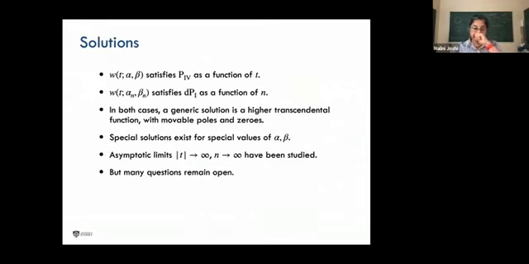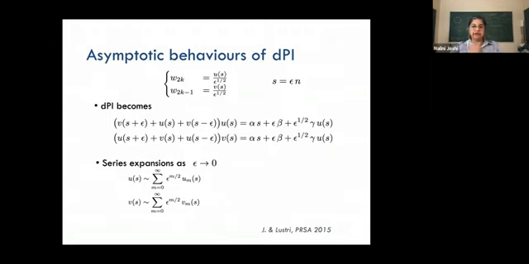Okay, so as I said, there are many things to be found about the solutions. Many questions remain open. We know something about the asymptotics of the solution. Chris Lustry and I worked on the asymptotic behaviors of DP1, and there's some resurgent asymptotics in there. What we found was that there were two types of behaviors, which are given here. We call them type A and type B. And they lead to Stokes sectors, Stokes phenomena in the S-plane. But there's, again, more to be done.